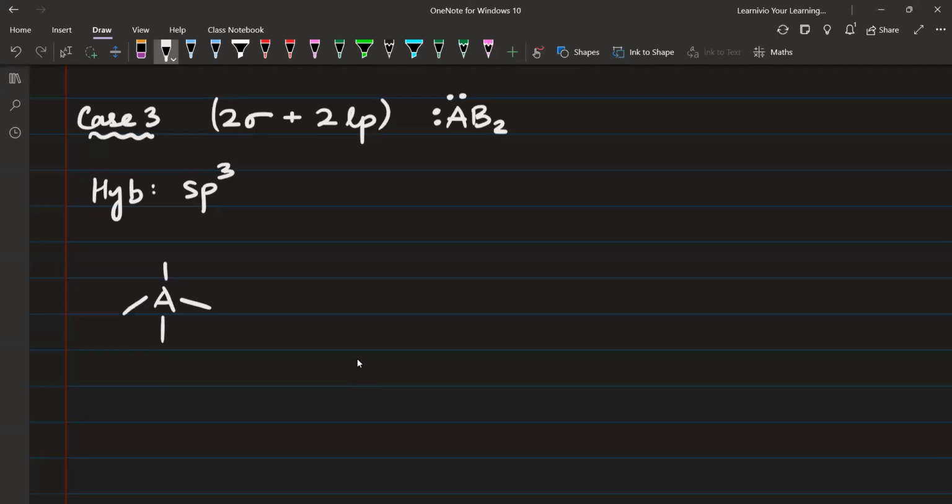But in this case, please see, I will keep the lone pair here. This is atom B. The electronic geometry, where are the electrons? They are still at what? Tetrahedral. Electronic geometry is still tetrahedral. But if I look at the molecular shape,